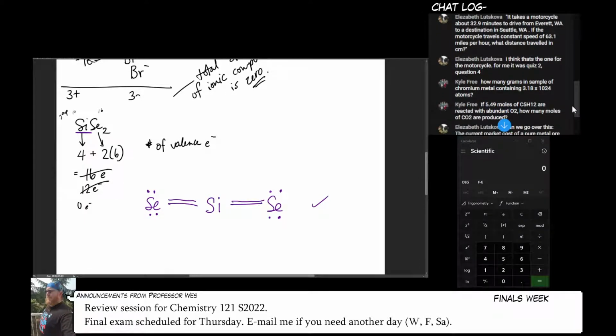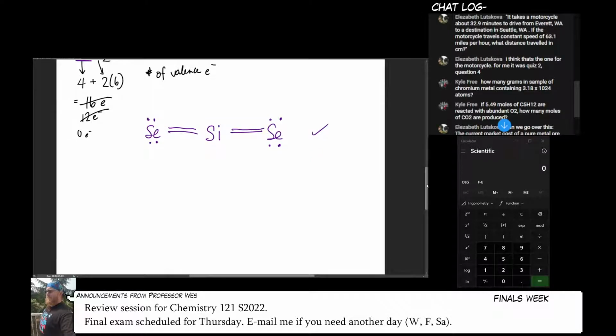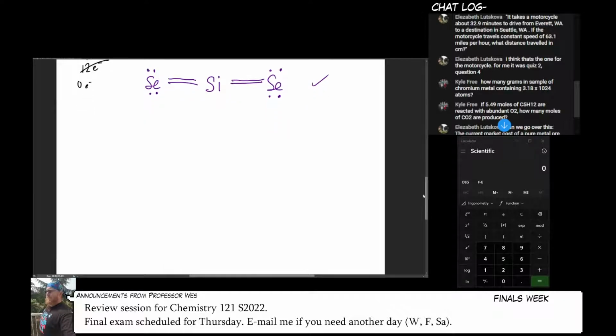Let's see here. There we go. So we'll start at the top here. For this problem, we have a balloon that is some volume at a certain temperature. What temperature would it need to be heated to in order for the balloon's volume to become that? I suspect the most common problem for this type of problem is that for gas laws,